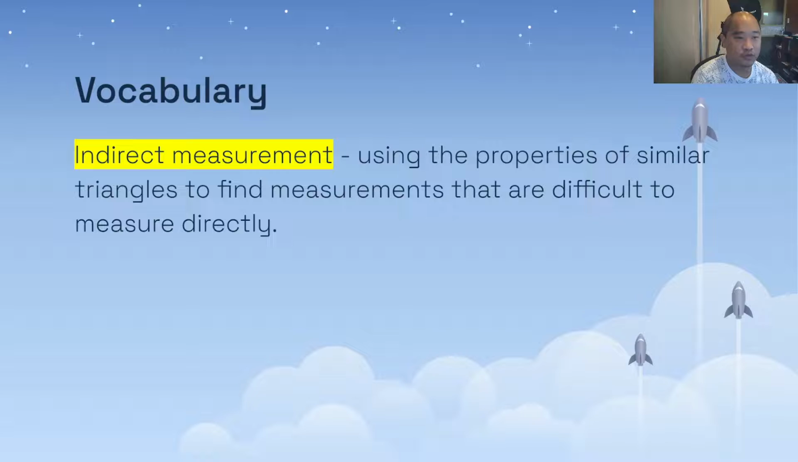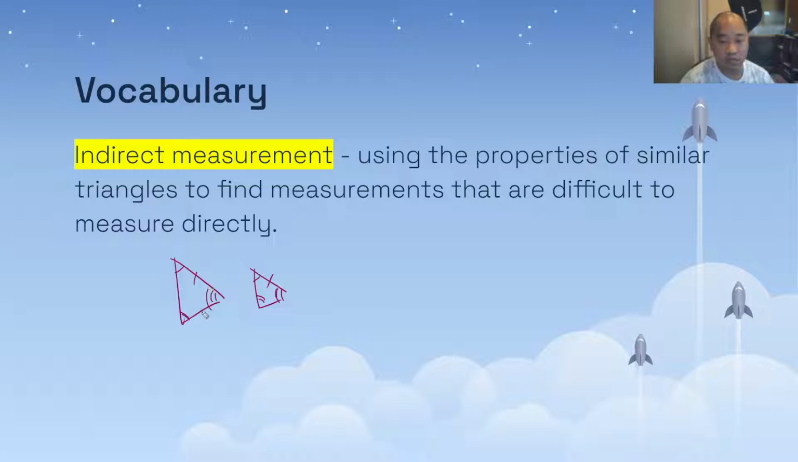Okay, so what is an indirect measurement? Sometimes you cannot measure the length of two sides, or more than one side, of a similar triangle. When we look at similar triangles from the previous lesson, it might look like this, right? There are three angles that are corresponding, which means that there are three sides that are corresponding. And